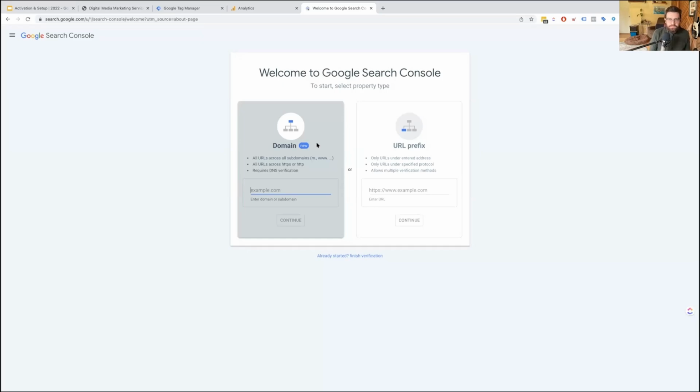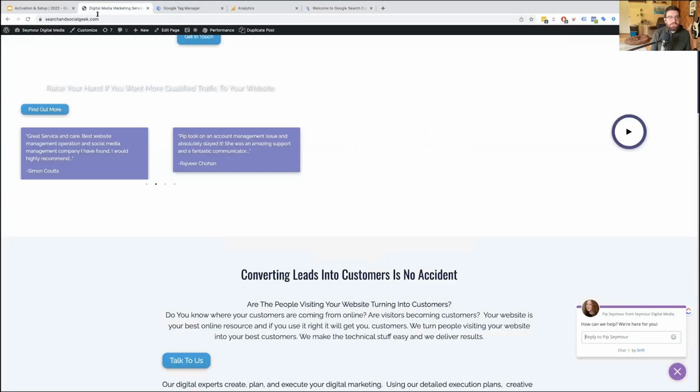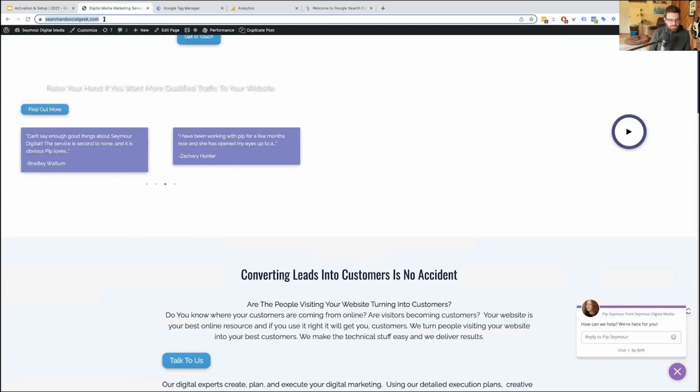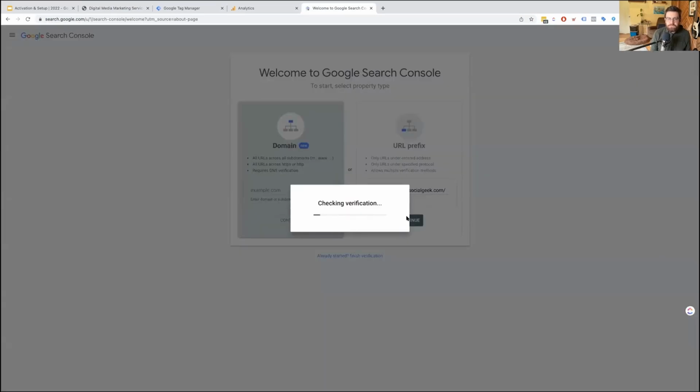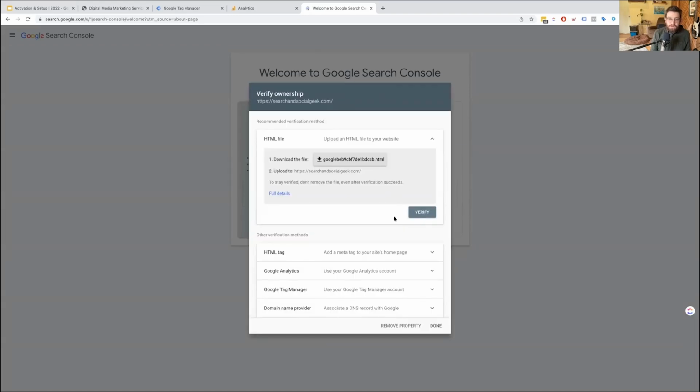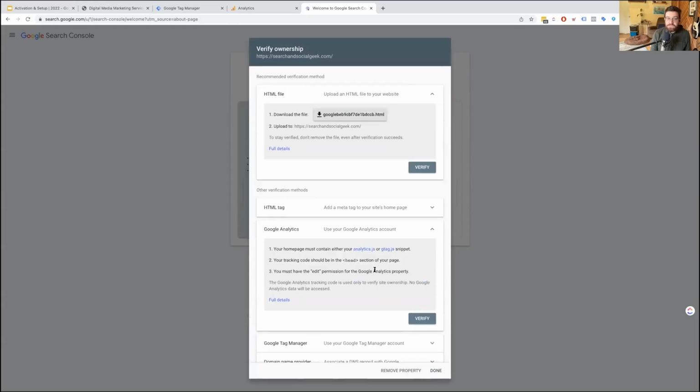So generally, for getting started, we recommend doing URL prefix. So that means that what we're going to do is we're going to verify this domain here. So just clicking on it, hitting copy, and pasting it here. We're going to hit continue to verify. Sometimes they've gotten really good at auto verification. So we're going to see if